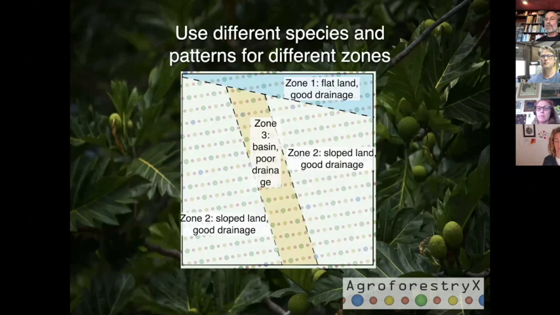Similarly, you may have different zones on your farm or project site that require different patterns and different species. So the tool is set up to allow you to pick what we call projects. You can do a project for, let's say, a poorly drained valley, and that will determine the planting pattern and the species you use. Or if you have another area that's a very dry hillside or hilltop, you have a different pattern and different species. So you'll use different patterns and different species for different zones.